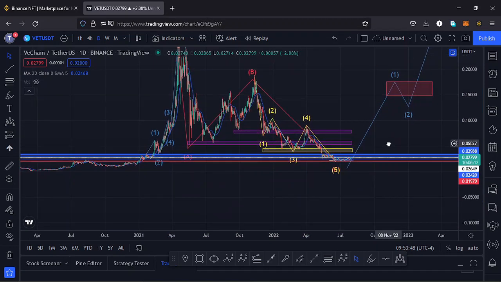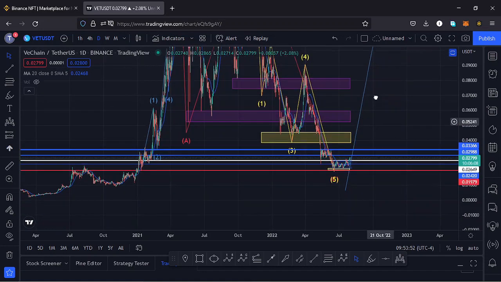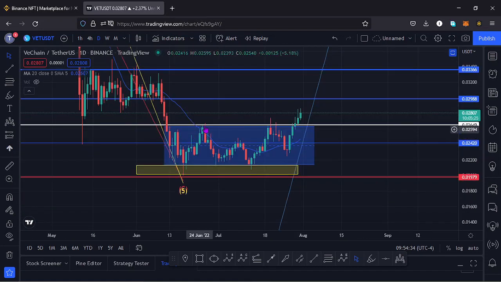And if I get to the key scenarios that I expect to play out on this chart, I'll zoom out this chart. Here on the daily chart, you can see that we had been trading within this channel, and yesterday we managed to break above that to the upper side of the channel. We even managed to break above a key area of resistance at around the $0.02649 mark, and we have continued pushing to the upper side. Here on the daily chart, we are also trading above the 20-day MA and the 50-day MA.